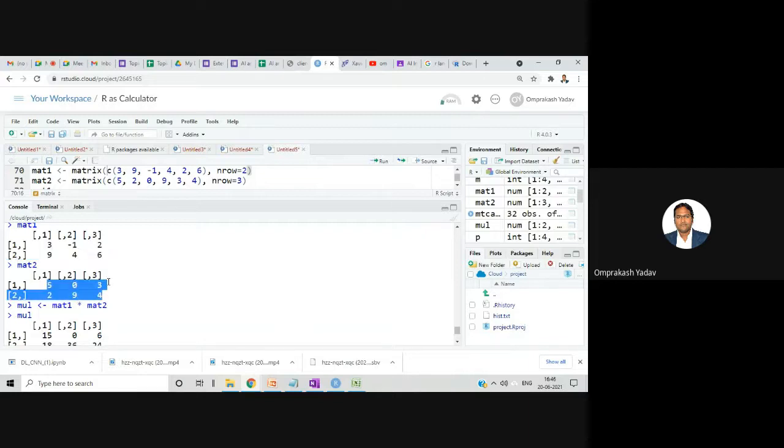So for matrix multiplication, one condition is important: the number of rows in the first matrix must be equal to the number of columns in the second matrix. Okay. So here that condition was not satisfied. That's why it was giving the error. And then I changed this number of rows to 3, right? So if we have 2 rows, then we have 2 columns, because with 3 rows, three elements will lay down.